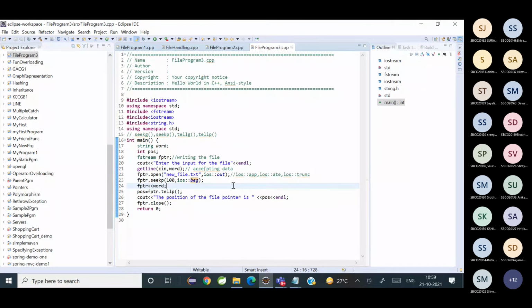We know the different streams used: ifstream for input, ofstream for output. fstream can be used for both input and output. We know the use of the getline function. We have seen the open function. You can use it in two ways: either through a constructor call or you use an open method. Then we have seen that a file has to be closed after use, so you have a close method.